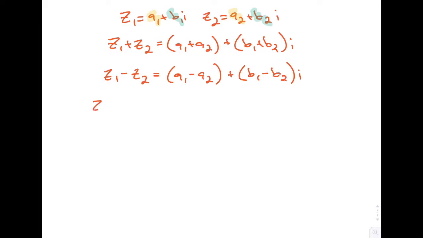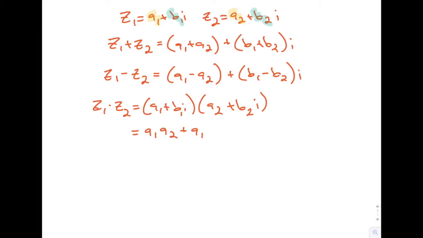Multiplication is kind of fun. So if we do z1 times z2, let's say that's a1 plus b1i times a2 plus b2i. And this just looks like the multiplication of two linear factors, right? Like we could call these two polynomials of degree 1 that we're multiplying together, which we then know we need to FOIL. So we multiply a1, a2